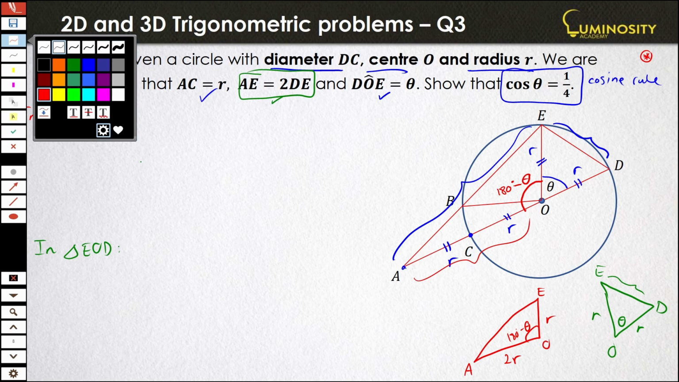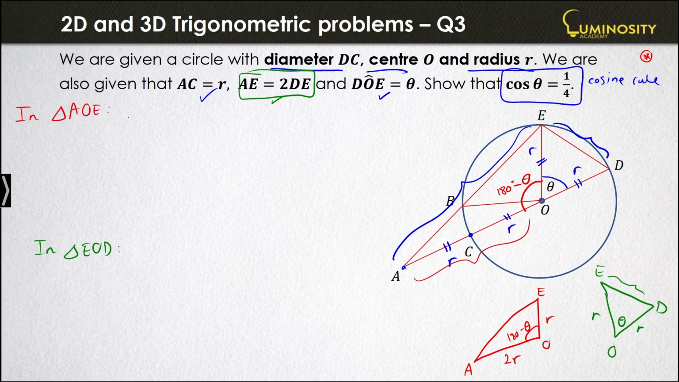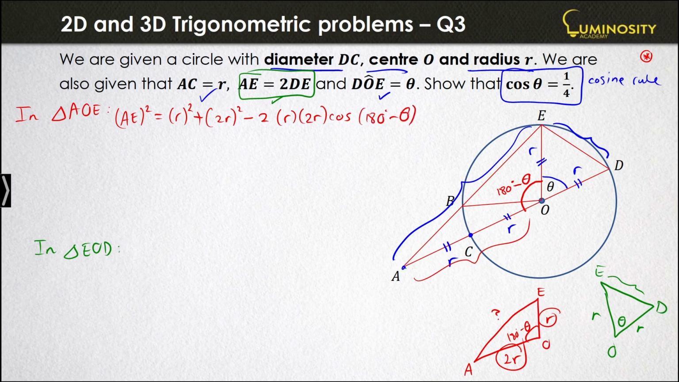Okay, so in triangle AOE, what do we have? Using the cosine rule, I know that AE squared, this side squared, is equal to these 2 sides squared, so R squared plus 2R squared, minus 2 times the product of those 2 sides times cos of the angle between them. So let's go ahead and simplify that. R squared is just R squared, 2R all squared becomes 4R squared because you square the 2 and square the R. This product here is 2 times 2 is 4, R times R is R squared, cos of